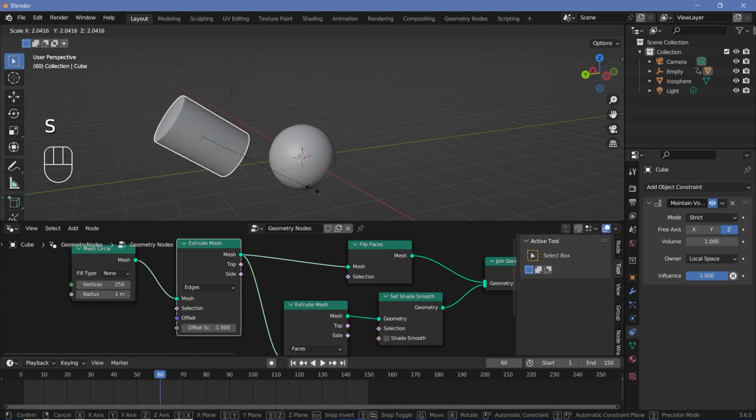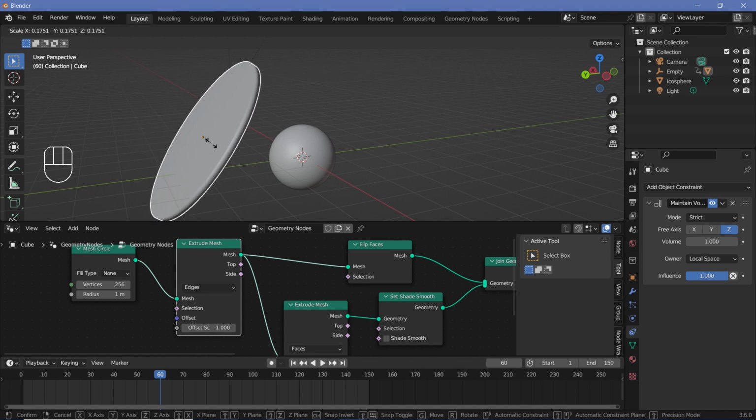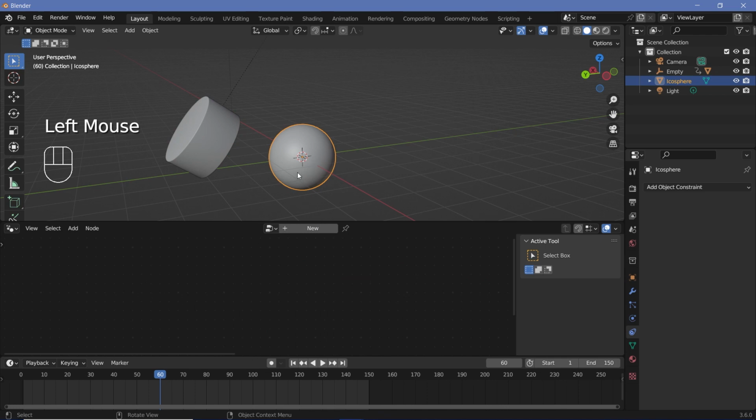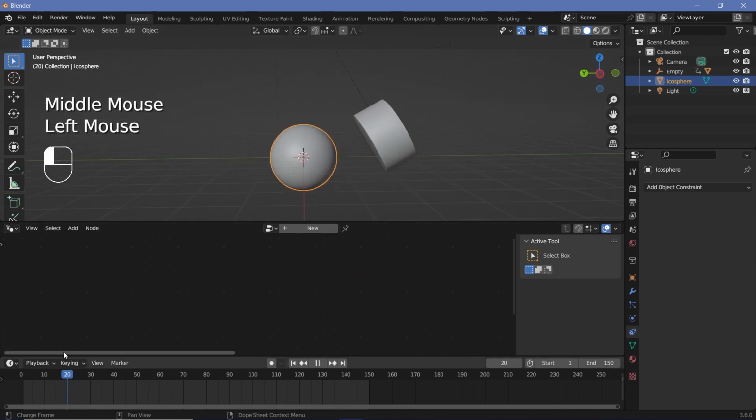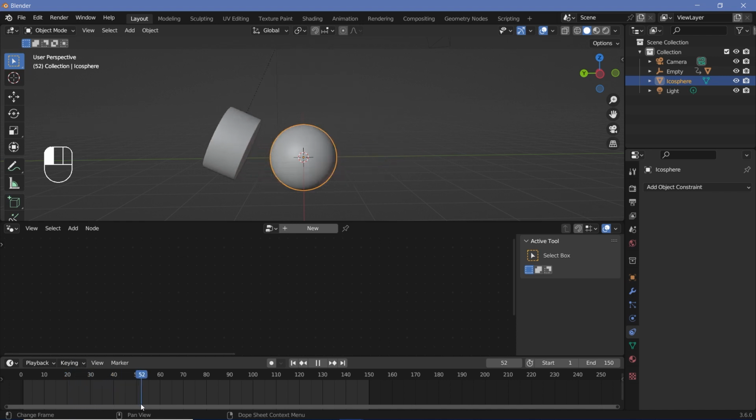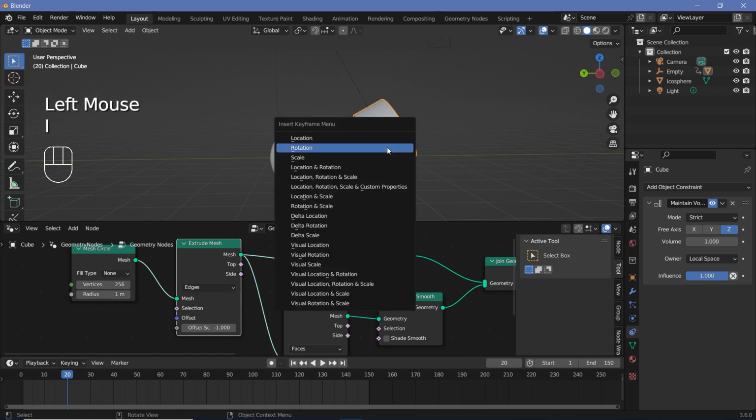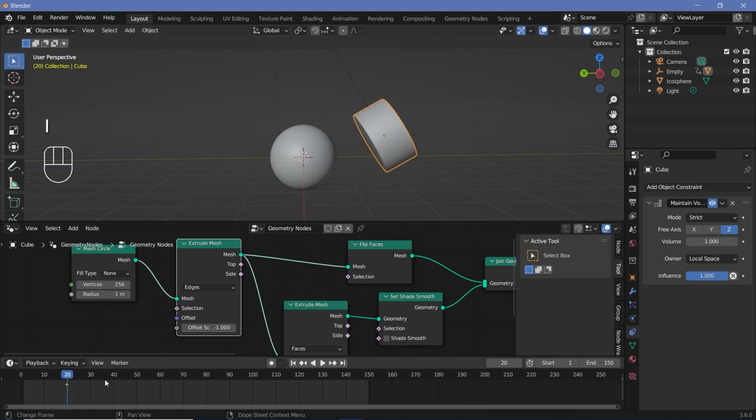And that way, when we now press S, you can see how it squishes and changes based on that particular axis. So this is the exact motion that we want, and we actually want this to go in like that as it crosses this particular sphere. So in the animation, you can see that by around frame 20, it should start expanding, and it should stay expanded till about 20 frames before the other edge. So on frame 20, let's go ahead and select this and press I and choose Scale. Then on frame, let's say 35, it should become completely expanded, or maybe frame 30 itself, it should reach its